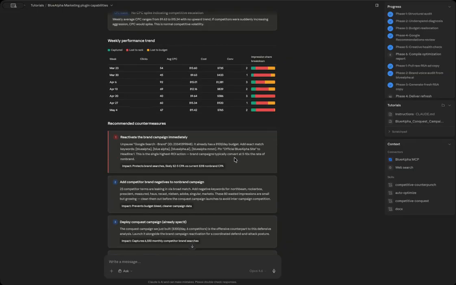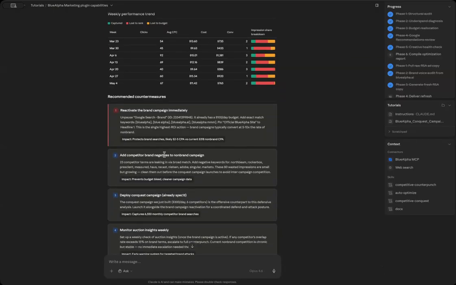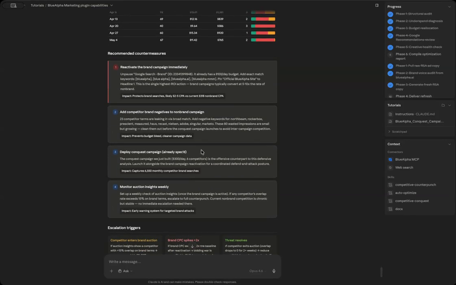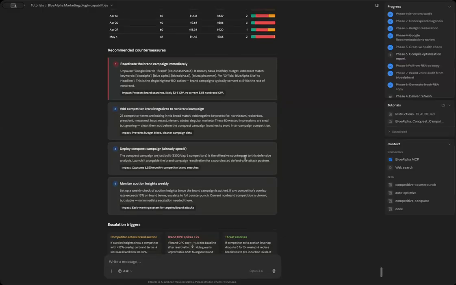So the recommended countermeasure is to reactivate the campaign immediately. I will dive into this a little bit deeper in terms of, do we actually need to reactivate the brand campaign? Add competitive brand negatives to non-brand campaign, because there is some leakage. Okay, that's good. Deploy conquest campaign, already spec'd. Yeah, this was in the previous tutorial, so if you missed that, just look for the competitive-conquest tutorial, and then